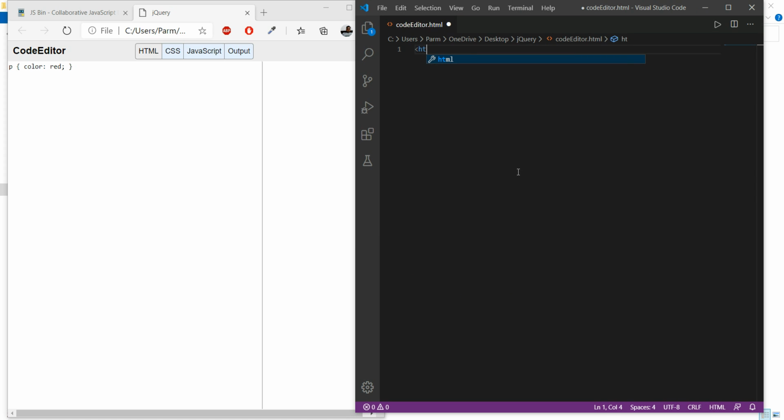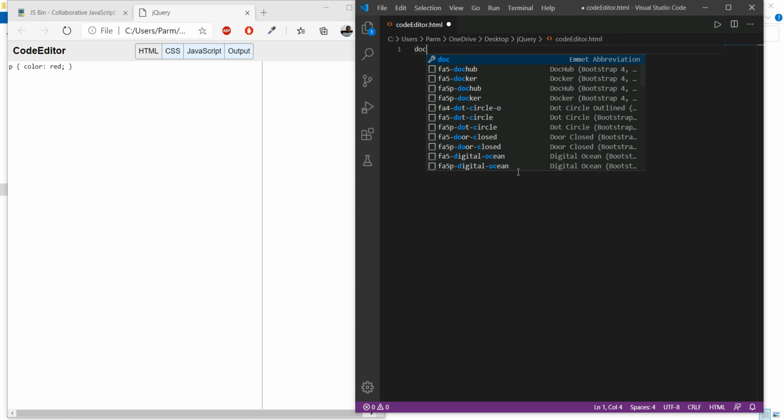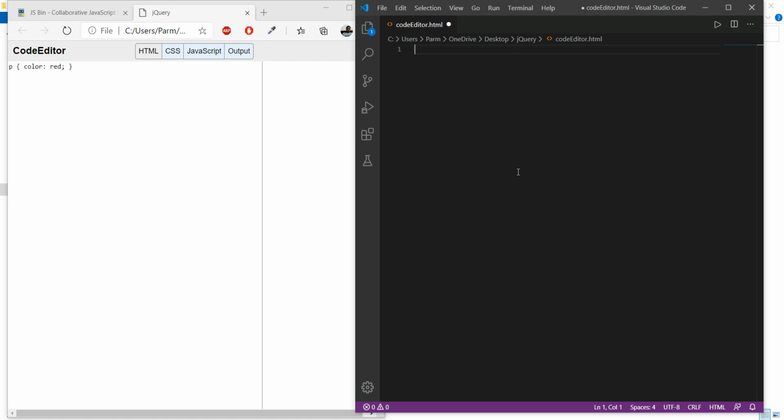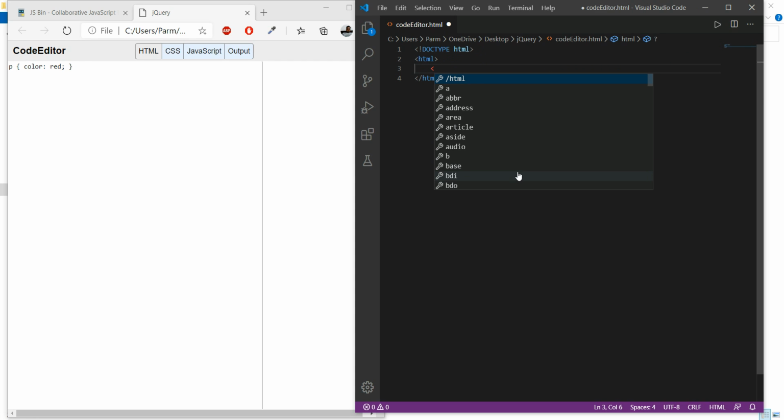First we have to write the doctype declaration, that we have done. Then we will go with html, then we have to write its head.